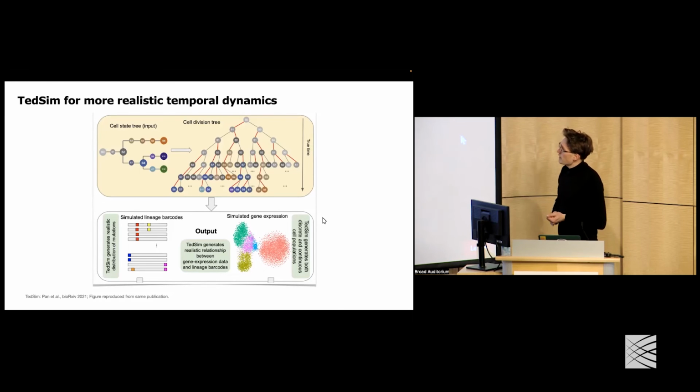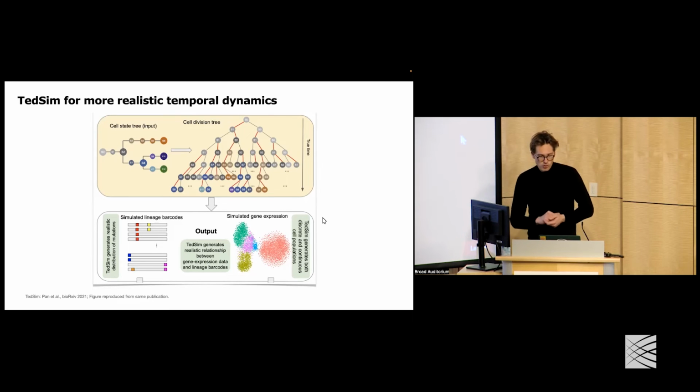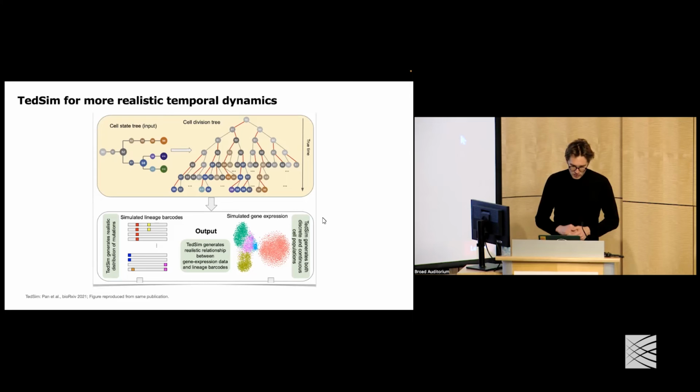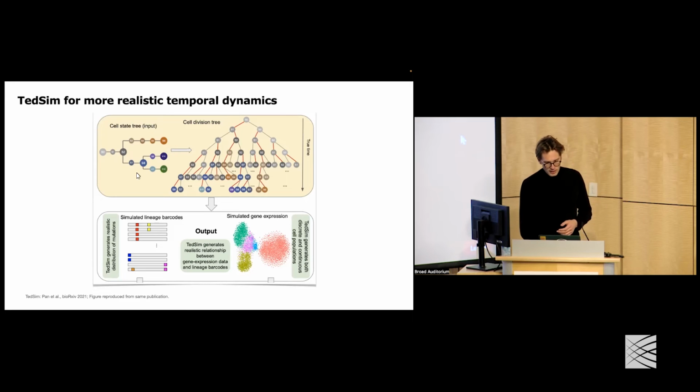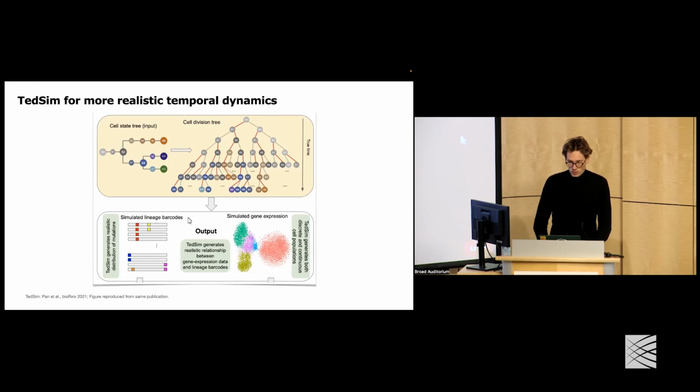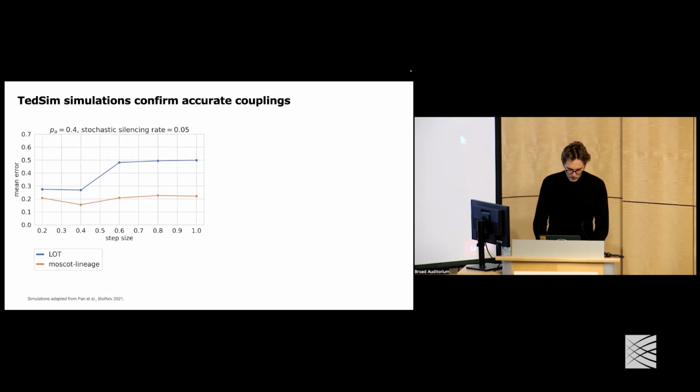To make comparisons here, we went to TEDSIM, which is a simulation tool for lineage-traced single-cell data. So you can input a state tree, and what it gives you is a simulated lineage tree, which we cut at 2 different levels to simulate 2 different time points. And as an output, you get simulated lineage barcodes that correspond to these lineage trees. You can tune the noise level that you want to have in these barcodes, and you get a shared gene expression readout. We compared lineage OT against moscot-lineage